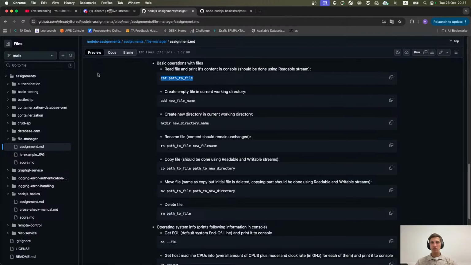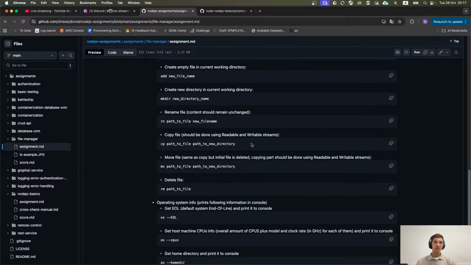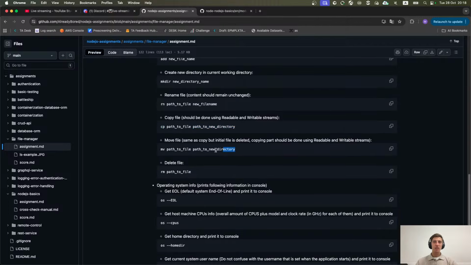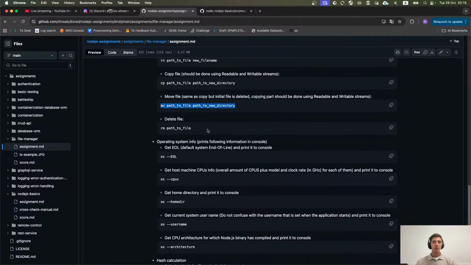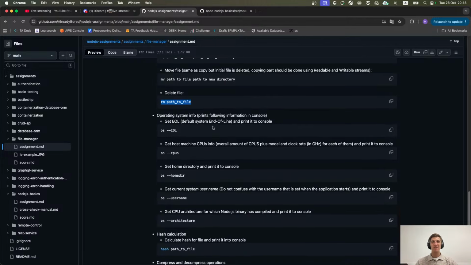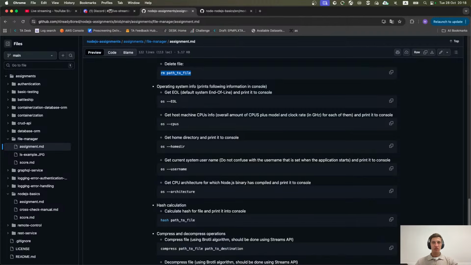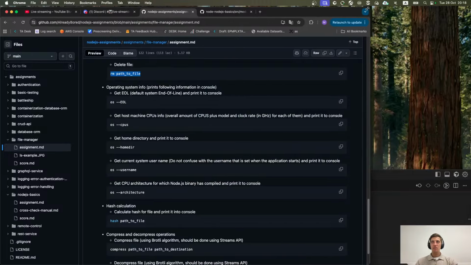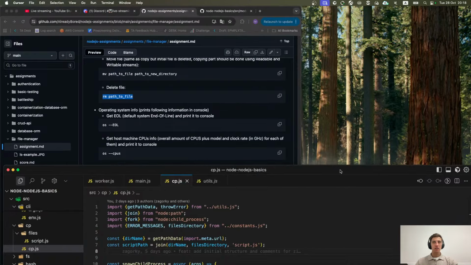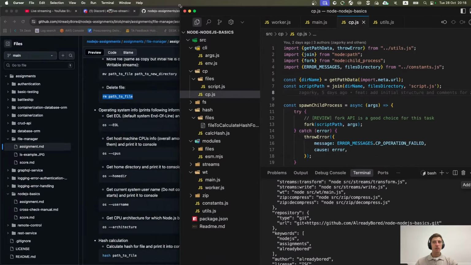We can read a file, create a new file with a specific name, create a new directory, rename a file, copy a file, and move a file, which means copy it from source to destination and remove it from source. We can delete a file, which is part of the move functionality. We also can use some information about our system.